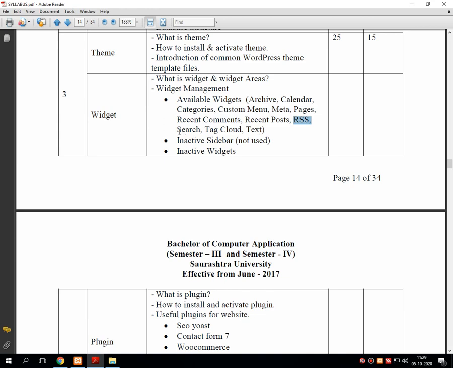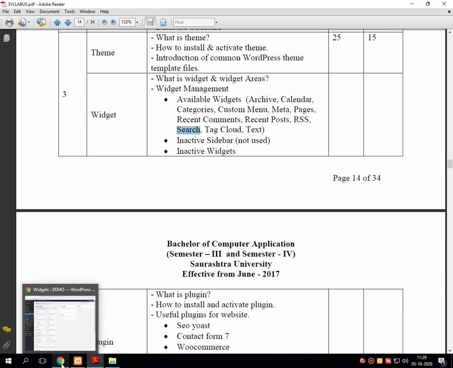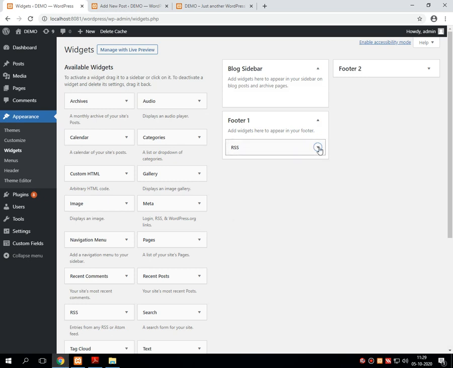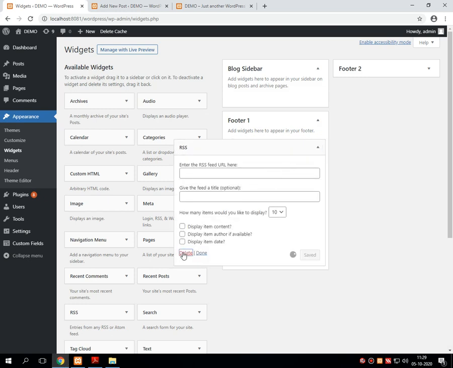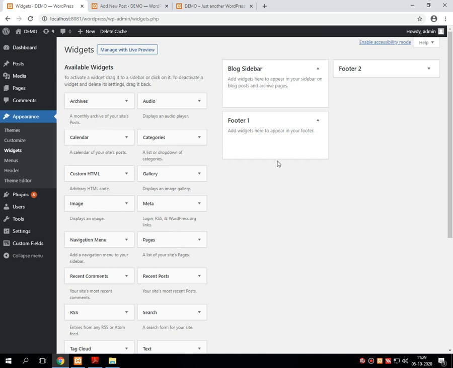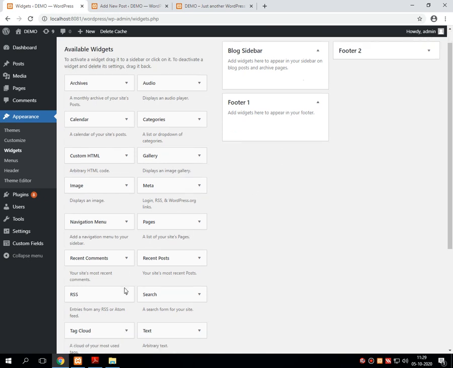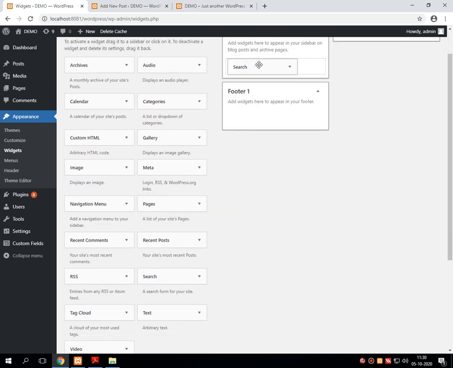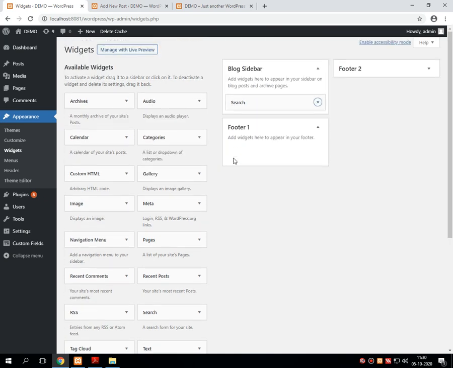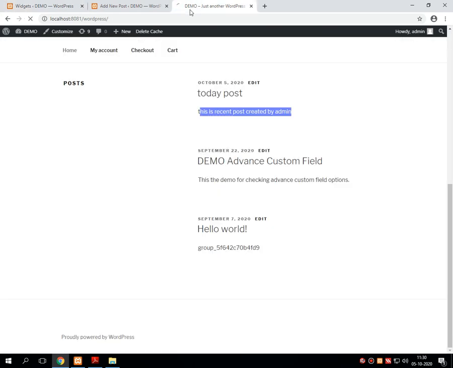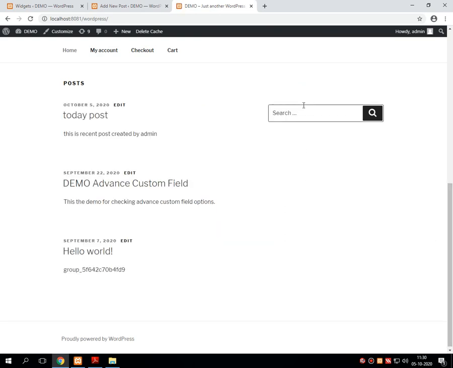Next one is search. I think in our previous lecture we went through search also, but again I am including that portion over here just for revision purposes. Just adding search over here. Done. Refresh. Here you will get the search. Now here I am writing today post and pressing search.